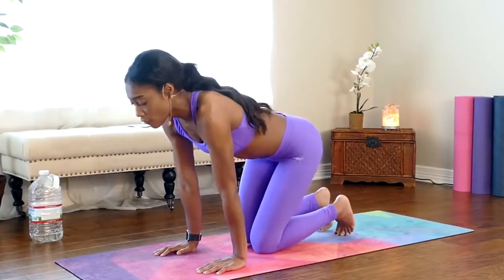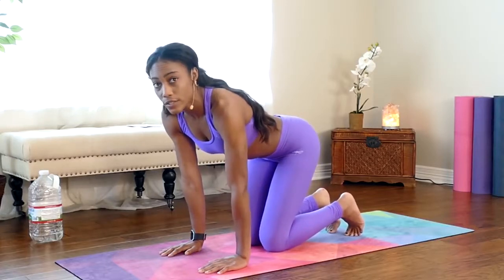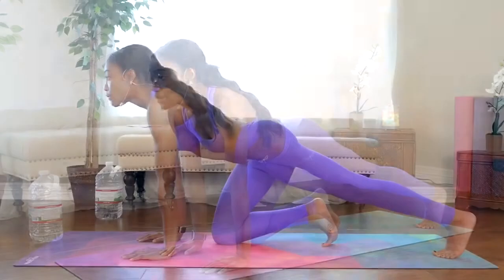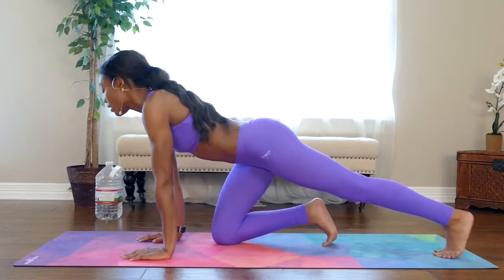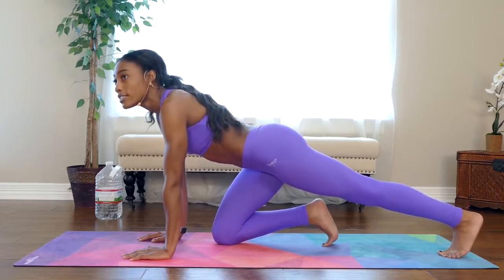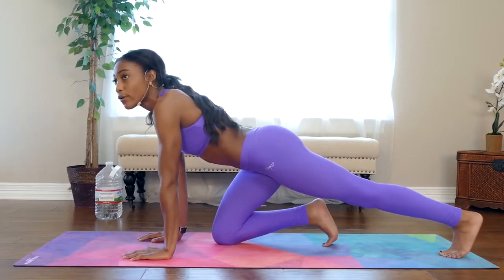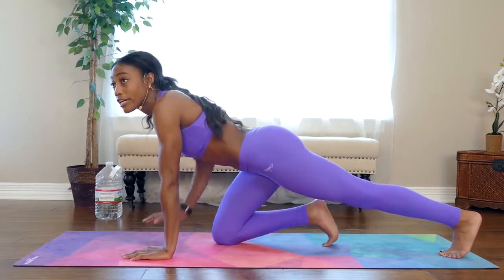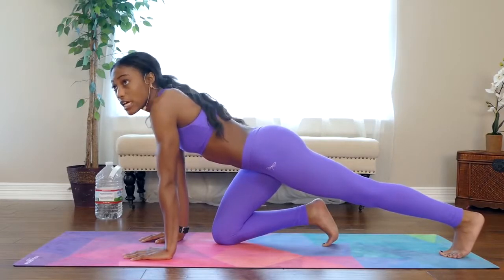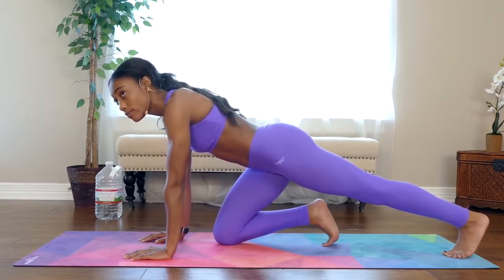So we're going to get on all fours here and make sure that your wrists are right below your shoulders, okay? So the first thing you're going to do is keep your left knee extended like this, and then keep your right knee on the floor or on your mat, however you have it placed, okay? The reason we are stretching our calf muscles right now is that this exercise that we're going to do, and most of them, are focusing on strengthening the calf and also our hamstrings and glutes, and also our hip area. So all of these explosive workouts are going to come from the feet and the ankles and so forth, okay? You can move around and push back a little bit to intensify the stretch,